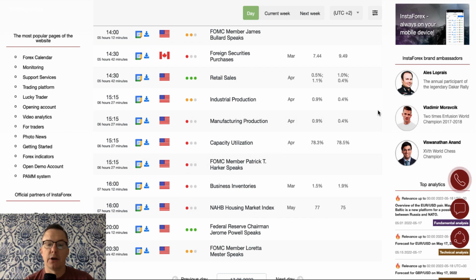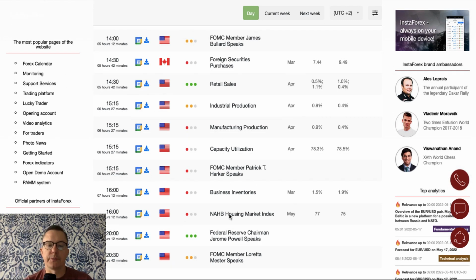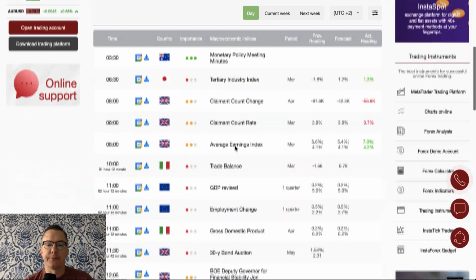During the New York session, the key event of today is the retail sales data from the US, of course. As you can see, plenty of data from the US is going to be released today. And we got as well industrial production and manufacturing production. However, plenty of speeches will be released as well from James Bullard and from, of course, the Federal Reserve Chairman Jerome Powell and Loretta Mester. So we'll see how these speeches will influence the US dollar market and the stock markets during the day.